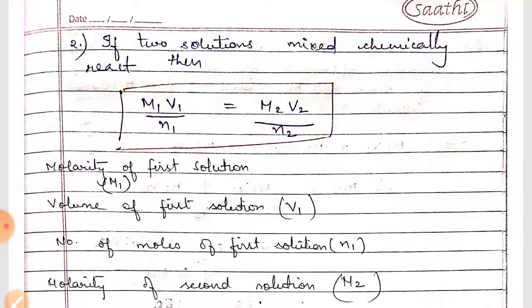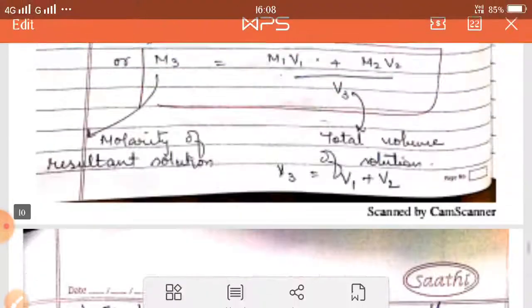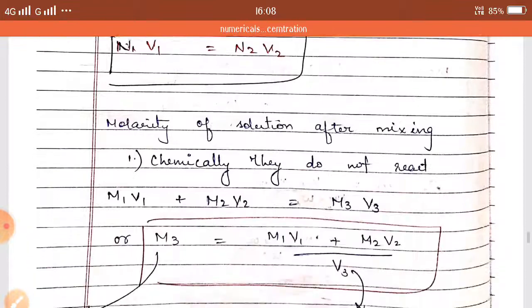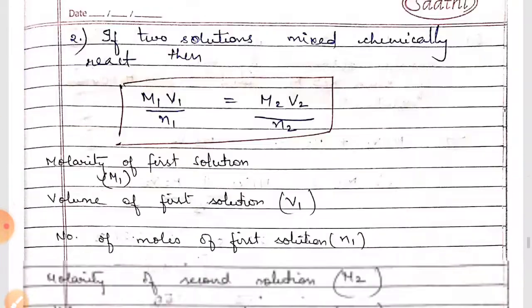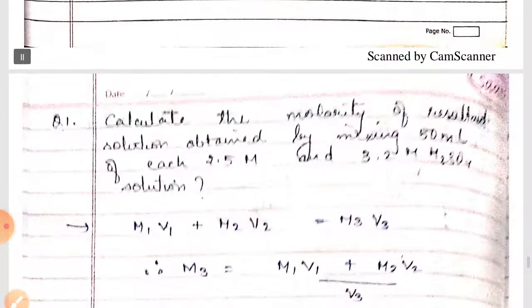So these are the added topics. These are not given in NCERT, but this has to be understood because you may have questions related to it in the NCERT exercise. So do understand it. I hope it would be clear. If you are mixing or diluting a solution, what would happen to the concentration? It would change, and the changes can be calculated by these equations. So learn the equations. Now we shall do a few questions on it.